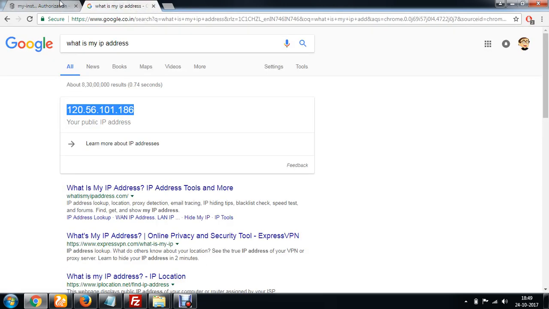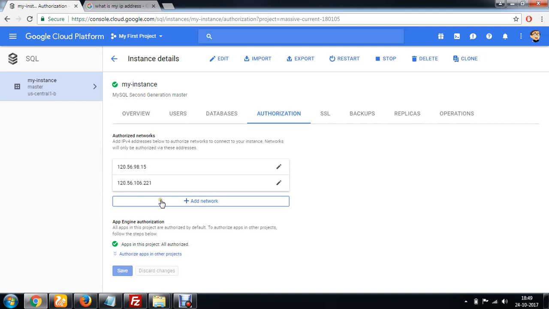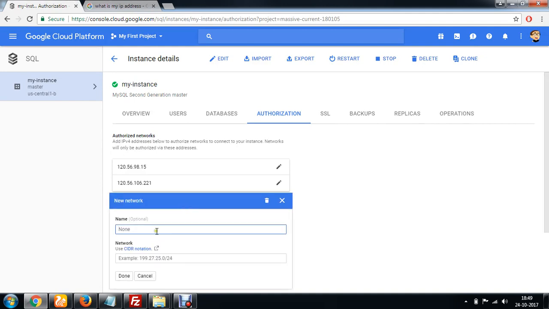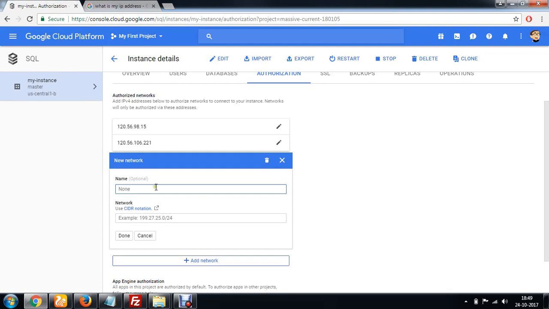You can see that I have an IP address 101.886. You have to click on add network. You can specify the name, but this is optional. I'm going to use this CIDR notation, and within it I'm copying my public IPv4 address. So I'm simply clicking on done.